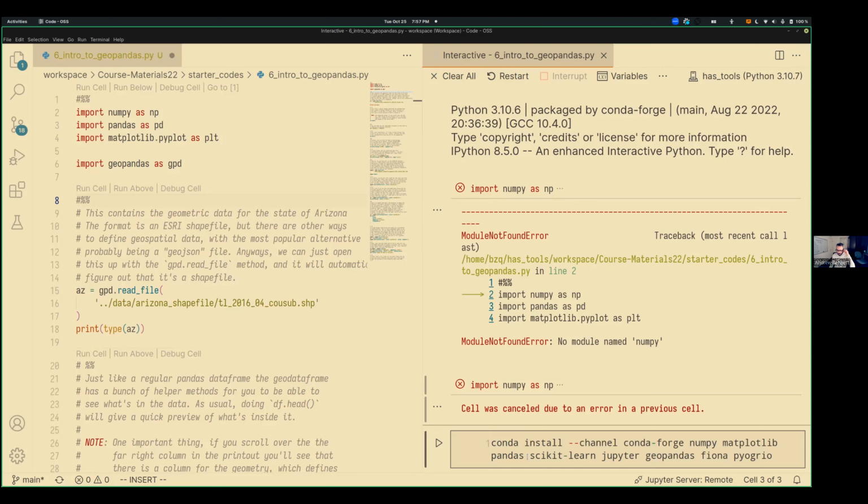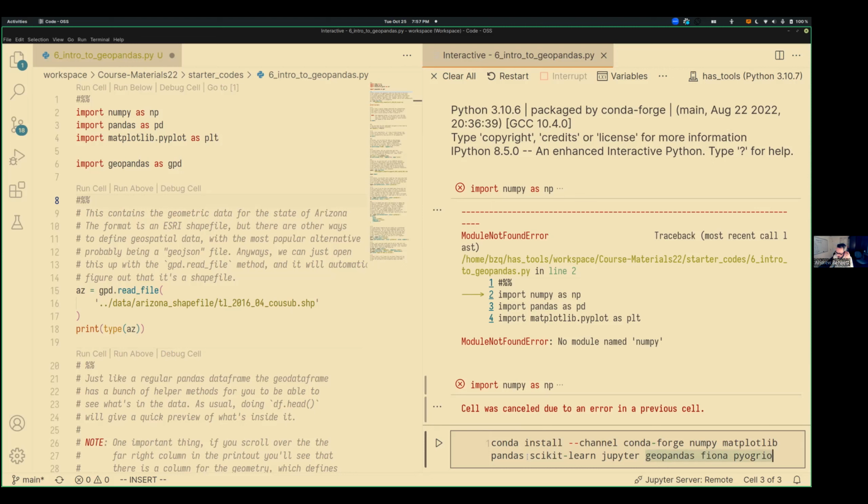Those last two are basically interfaces to some of the underlying older implementations of geospatial stuff. These last three are the reasons that we have to do this, because